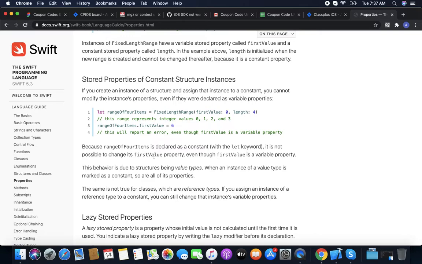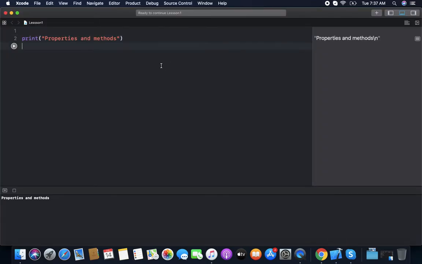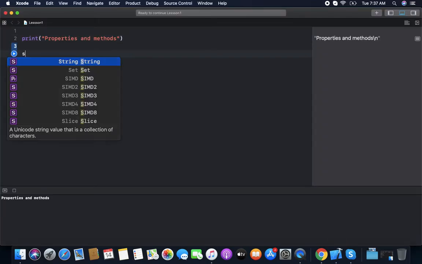One more thing to know about: let's go with the code. Firstly, we create a struct.